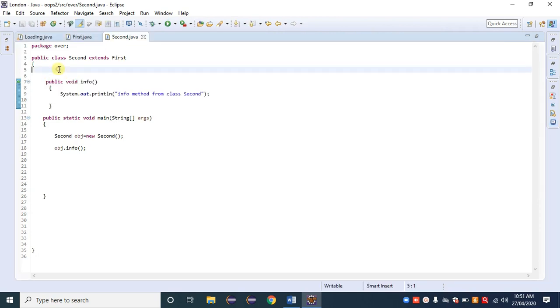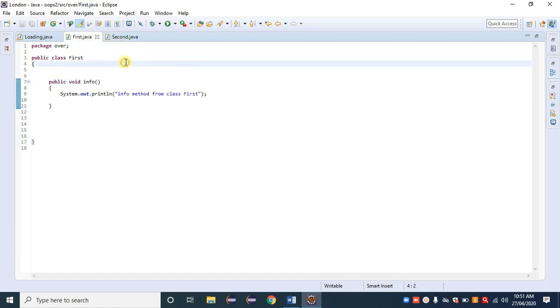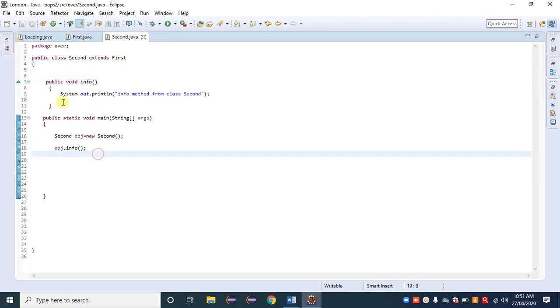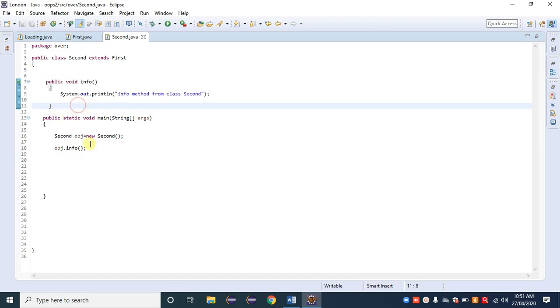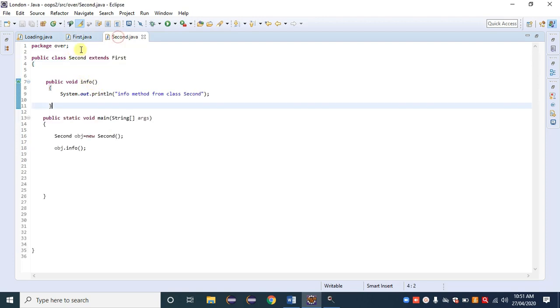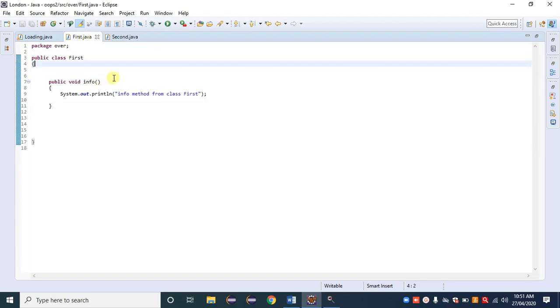So the logic is that when the same method name is available inside a parent class, that is, first is the parent class, and inside the second class the same method name is available, when we call that method, the child class method gets called. So I need to call the method available inside the parent class, that is, inside the first class. What is the overloading rule? Just make it different. How to make it? We have three options with us.